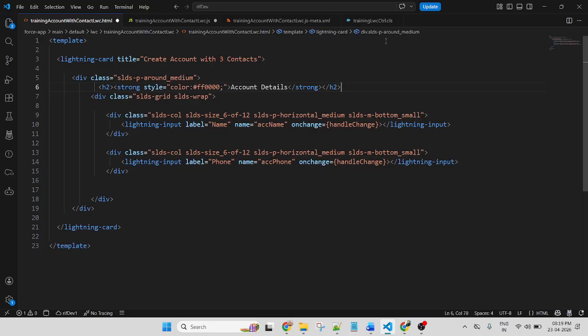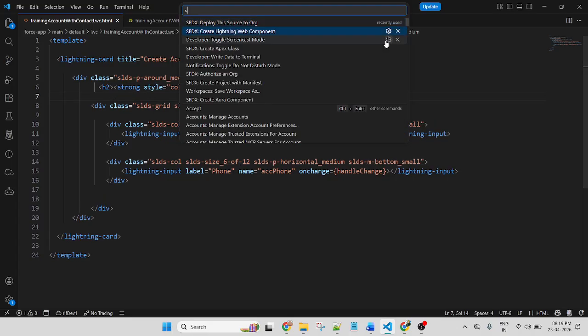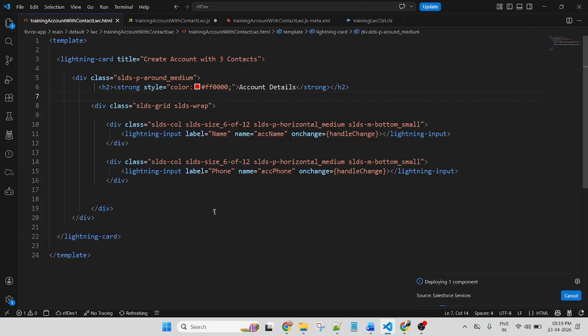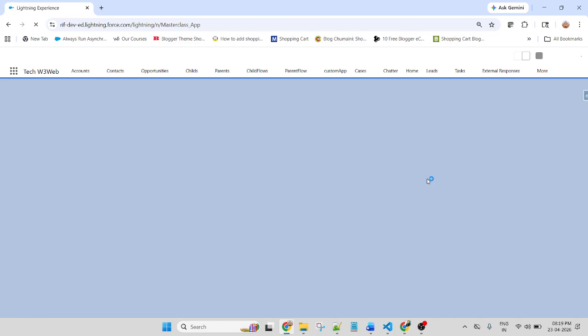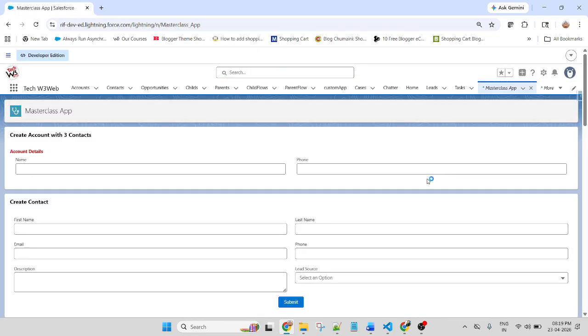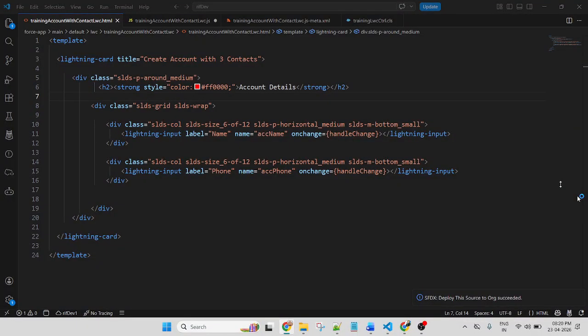Paste here. Now it's looking good. Now let me create another form for the contact detail.